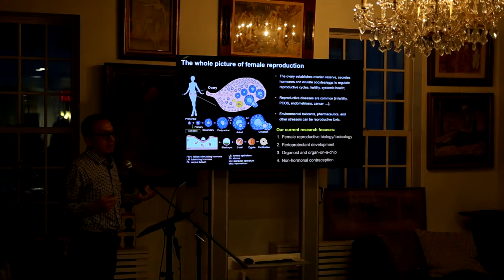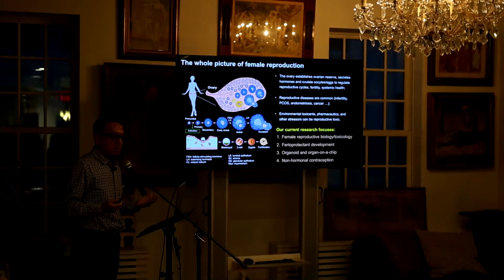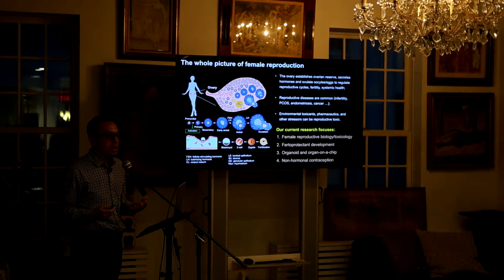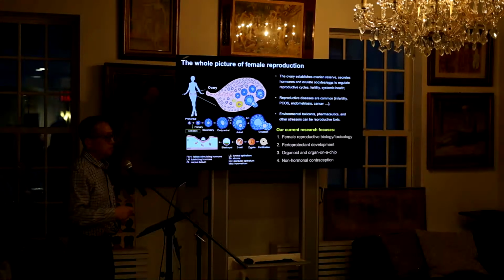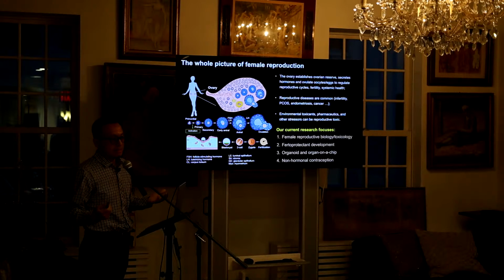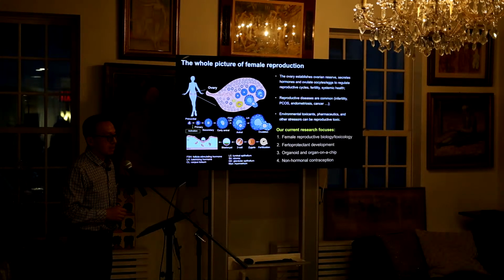So since we can culture follicles, we can culture uterine endometrial organoids. The Melinda Gates Foundation also collaborates with us, and we do a lot of ovulation screening using our organoid model, and then we try to develop non-hormonal contraception. I will touch on this a little bit, and then primarily focus on reproductive medicine and disease-related topics, since most of the audience here primarily focuses on the clinical side.